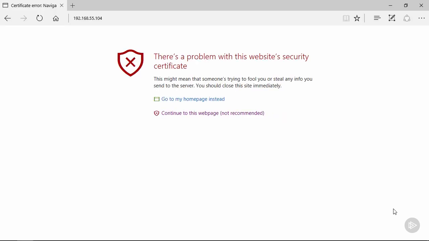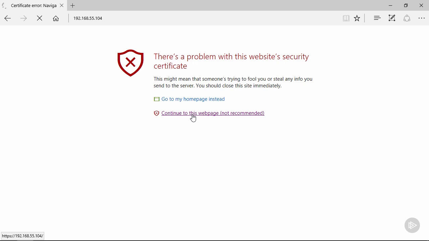The first thing we want to do is navigate to the Unisphere interface via a web console. So in our case, we're going to go to our Unity VSA via the address 192.168.55.104. You're presented with the "continue to this web page not recommended" certificate warning. The certificate warning is very common. This is using a self-signed cert, so your machine doesn't understand the certificate authority chain that's available on this particular unit. So since we know this is a safe and acceptable website, we're going to go ahead and click continue